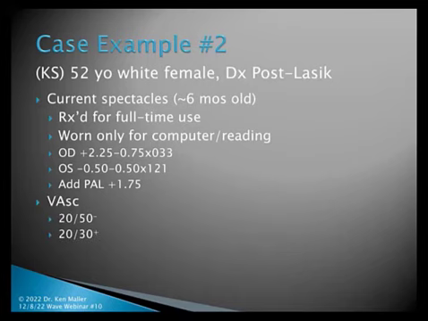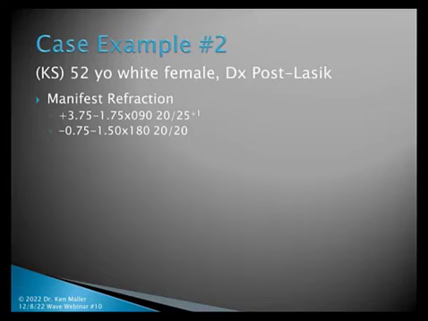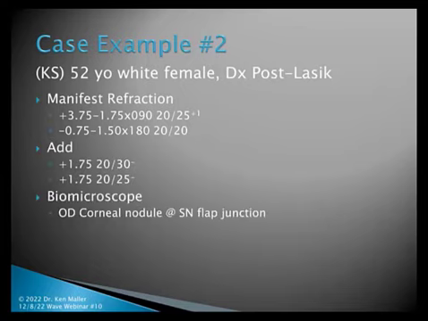Uncorrected, she's about 20/50 minus and 20/30 plus, and like I said, that left eye is pretty much getting her by on a day-to-day basis. The manifest refraction that I found was quite a bit more plus even on that right eye with some cylinder, and the left eye a little bit more cylinder. The ED was 175, and I noticed on the right eye she has a corneal nodule at the superior nasal flap junction, which is a possible side effect. I have seen a few of these now on LASIK eyes. It's sort of like a Salzmann nodule or nodules, and they can pose various degrees of impact in terms of